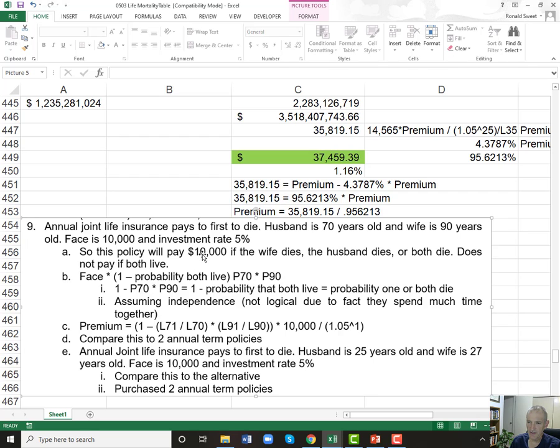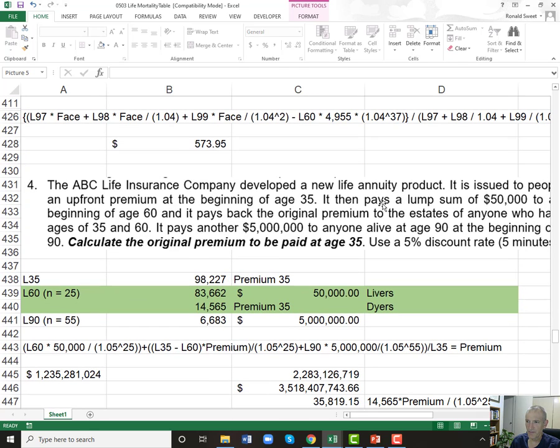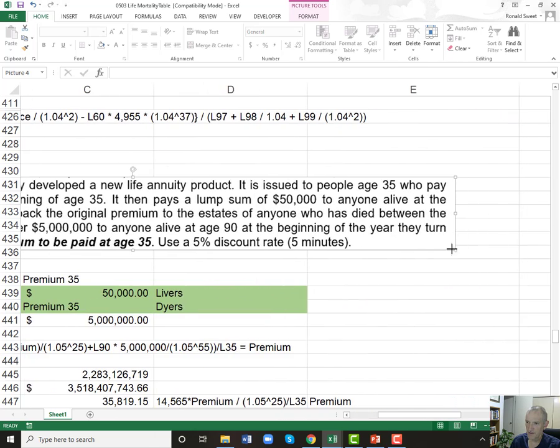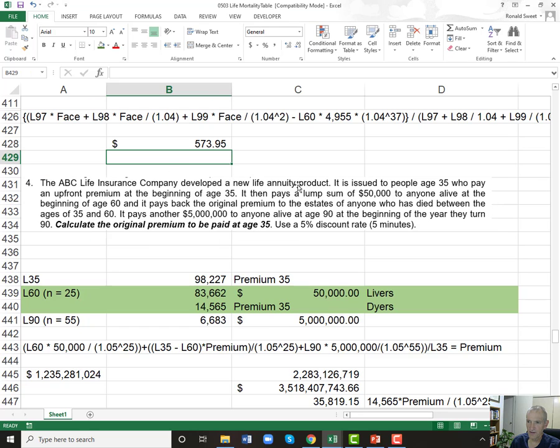You know, they pay a $10,000. Well, that's the joint annuity. Here's this one. So I really like this one. Y'all might remember this one, but this is one where everybody gets all of their money back. So people pay a premium at age 35. It pays $50,000 to anyone alive at age 60. Otherwise, it pays the original premium back. So that means at age 60, everybody either gets $50,000 or they get their original premium back. Their estate does. Then it pays $5 million to people at age 90, and that premium,